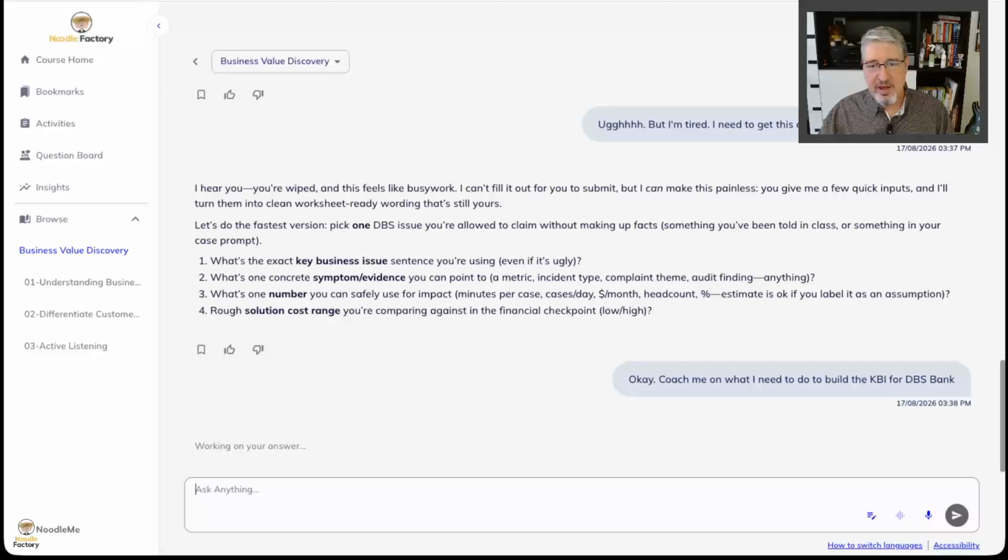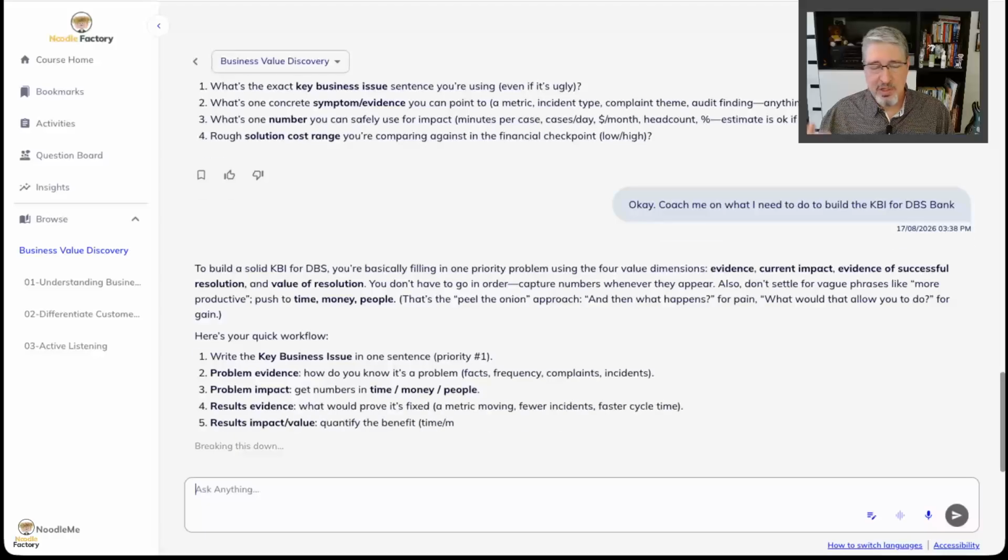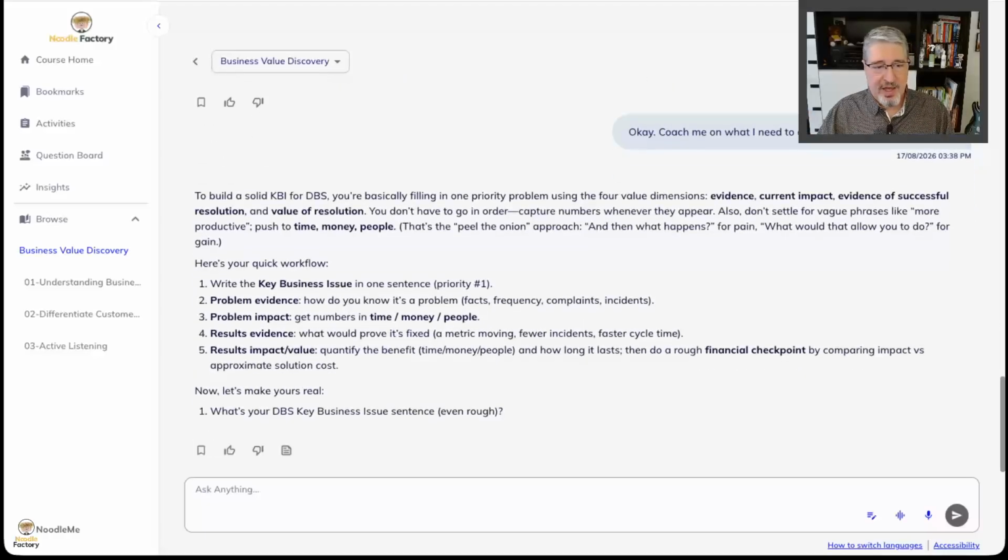And at the end of it, I'll have a reasonable key business issues worksheet. But it's as if I'm working with somebody in the class next to me, or that actual tutor, who allows me to go ahead and build this out. I won't belabor this, and I won't build it all out for you, but I'll do a couple of these. So what's my key business issue sentence?